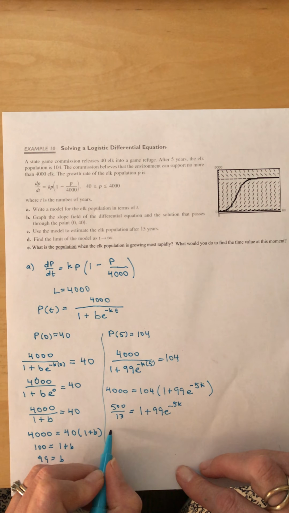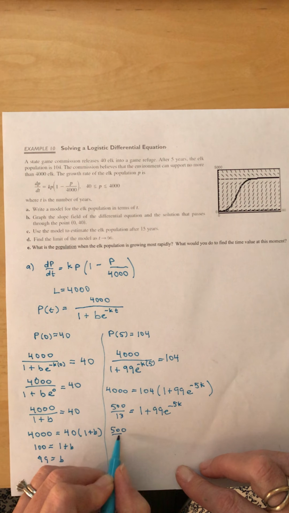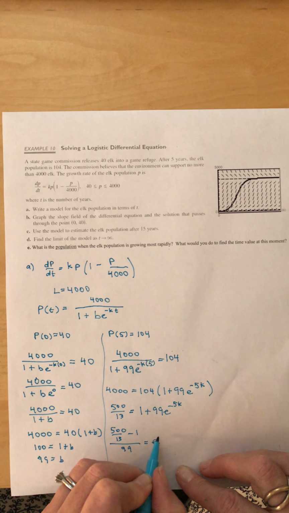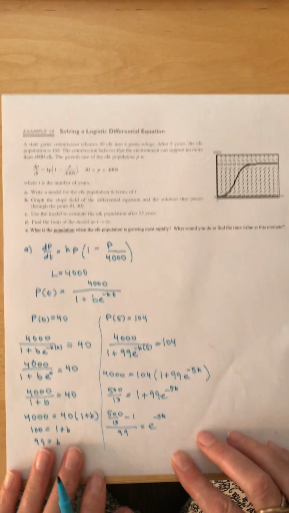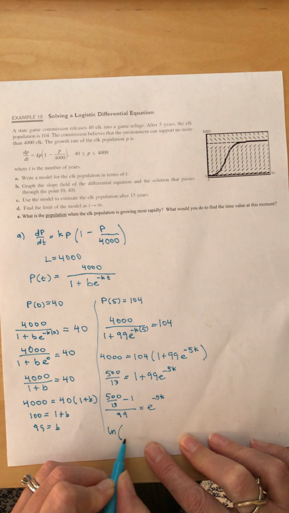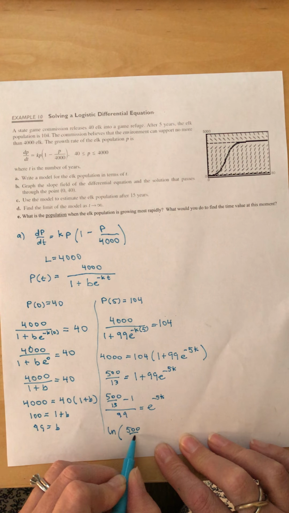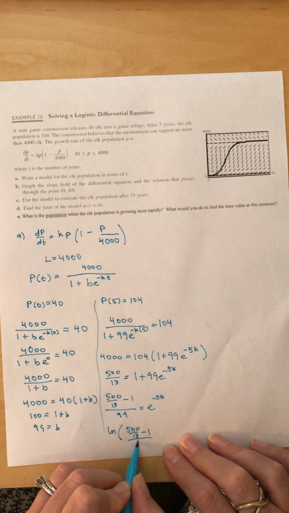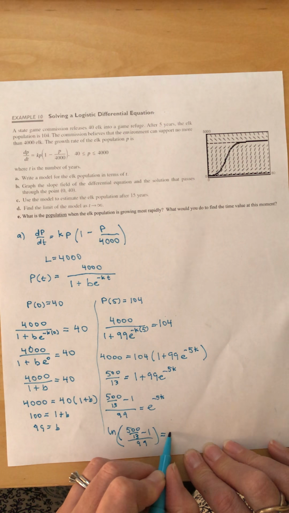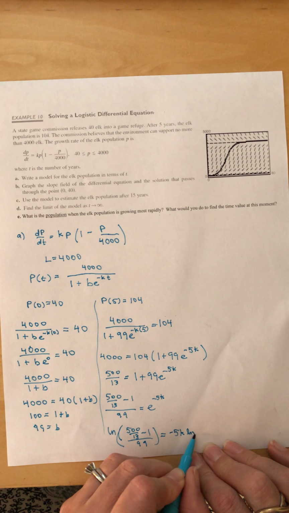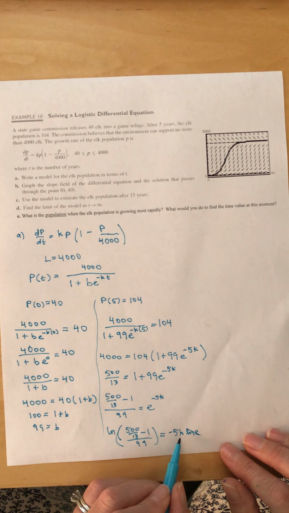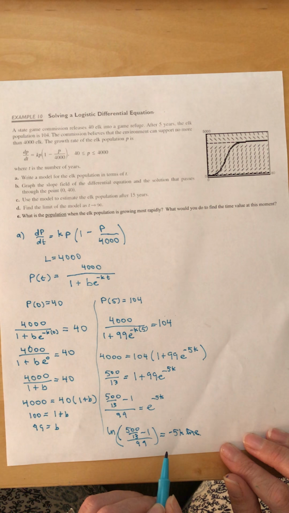Then I would subtract 1 and divide by 99 to equal e to the negative 5k. And then take the natural log of both sides. And eventually you would just stop and get this all on your calculator, but then this will be negative 5k times the natural log of e. Natural log of e is just 1, so then you would take this quantity and divide by negative 5, and